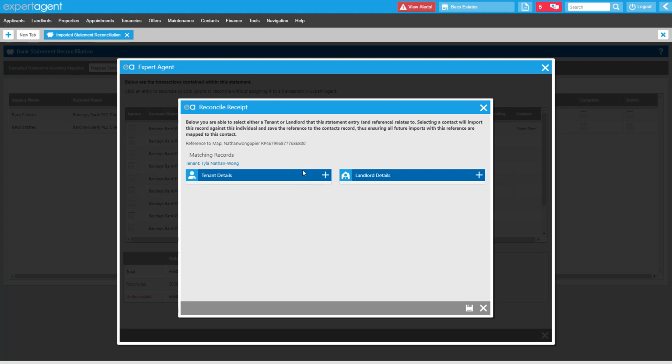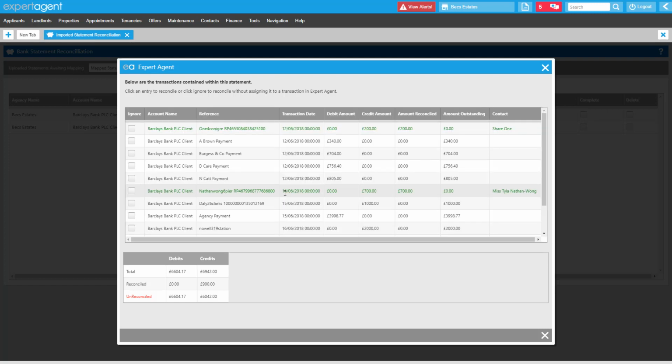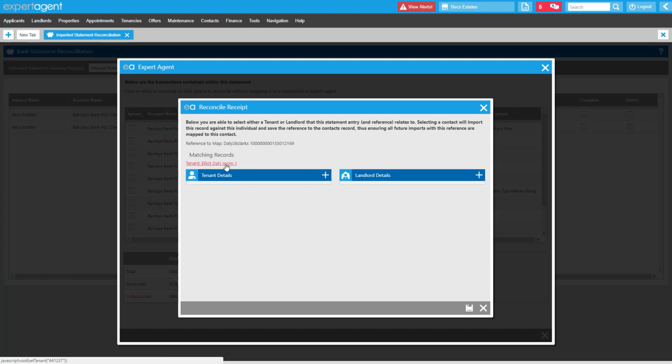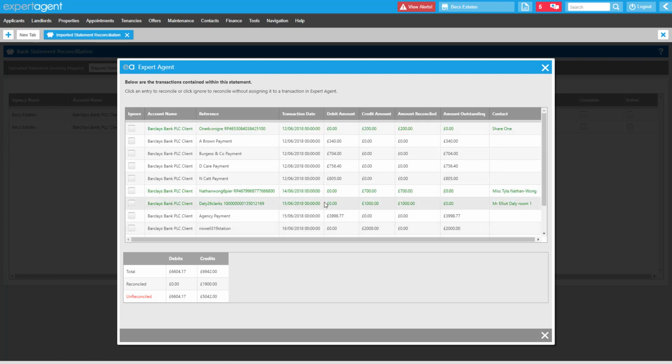If I click on my next transaction there, again, this is a tenant that I've previously recorded receipts as coming in from. Expert Agent has linked it to my tenant, so I can click on their name and save, and it will reconcile that transaction against that tenant for me. That's now turned green to confirm it's reconciled. You'll notice that my totals at the bottom are updating live based on what I've reconciled. So it's just a case of working down, pulling those receipts through into Expert Agent,